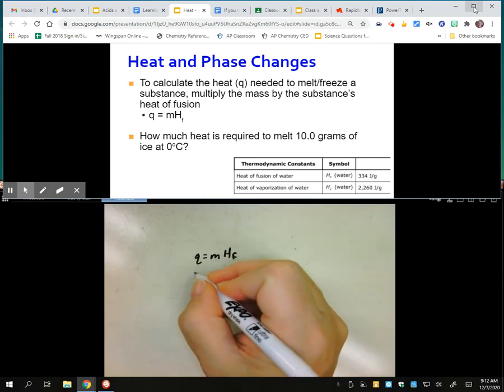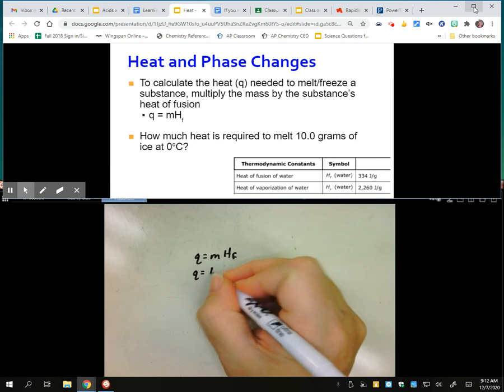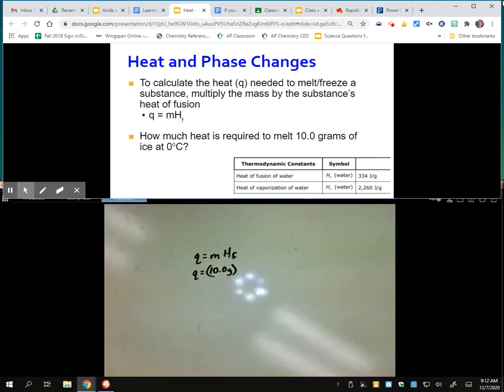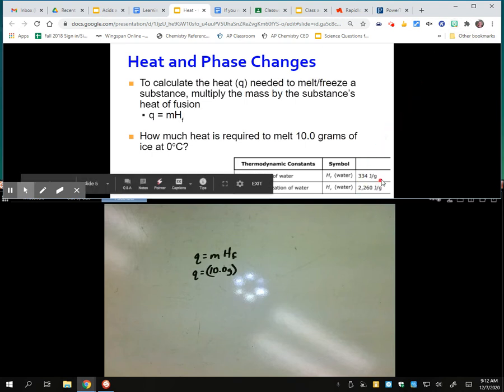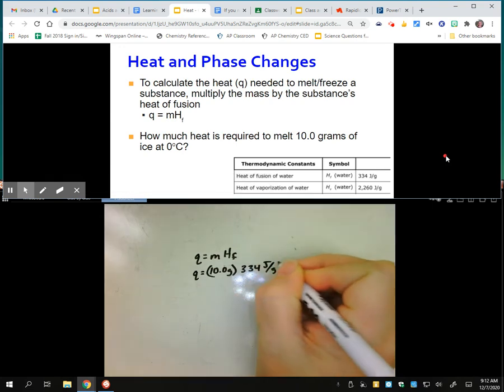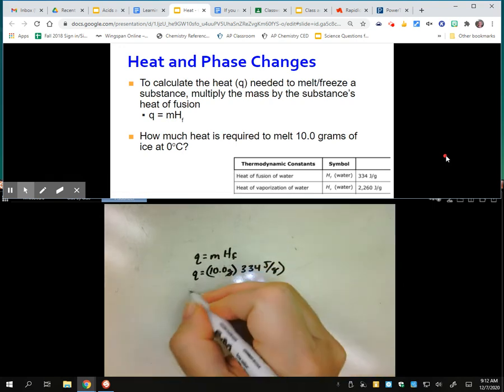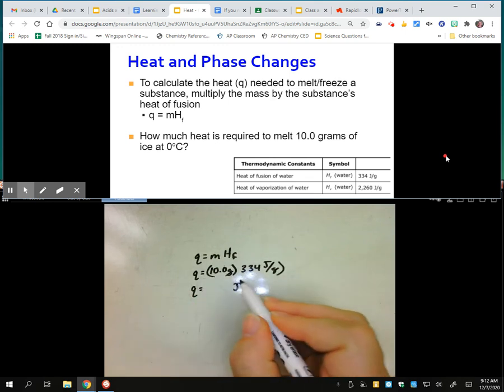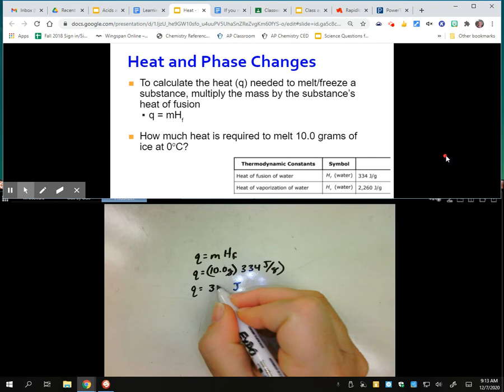And so we're trying to figure out how much heat, and that is Q. Our mass here is 10 grams. And our heat of fusion for water is this 334 joules per gram. Gram cancels out. All we're left with are joules, and that is appropriate for heat. And this would be 334